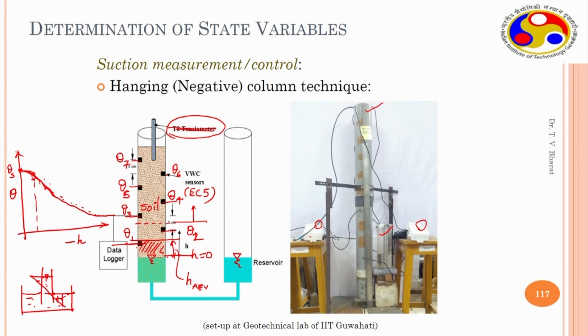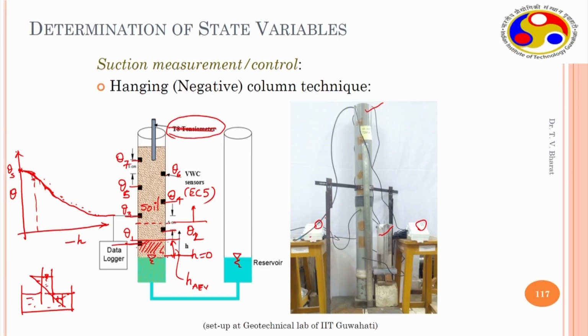This way, you can establish the entire soil water characteristic curve for coarse grained soils like sands, because generally in coarse grained soils, the pore diameter is smaller, so the air entry value is smaller. Also, the total capillary effect that is available within the soil mass will be less. You can conduct such tests in the laboratory. In coarse grained soils, this is possible.